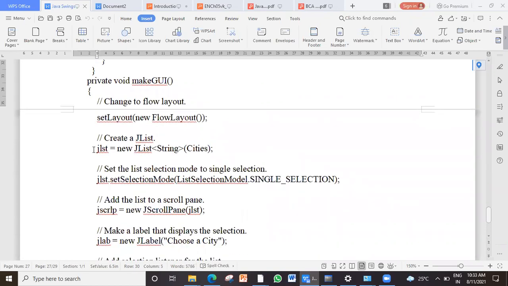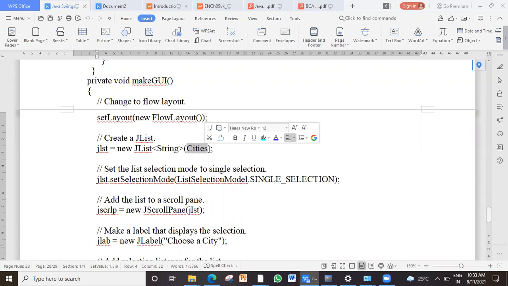What I'm doing is I'm creating a list with this array. Which array? You know that cities array is already defined with 3 values. That you can add here, or here itself you can add the values. That also you can. Clear?